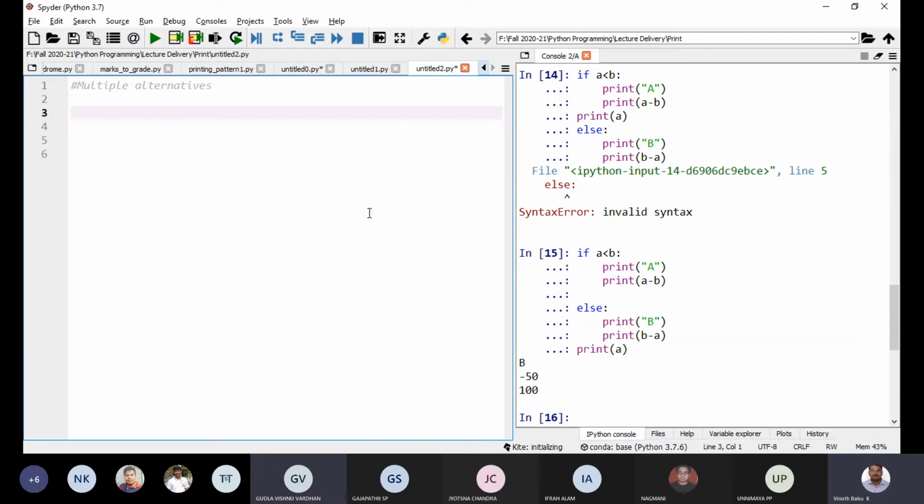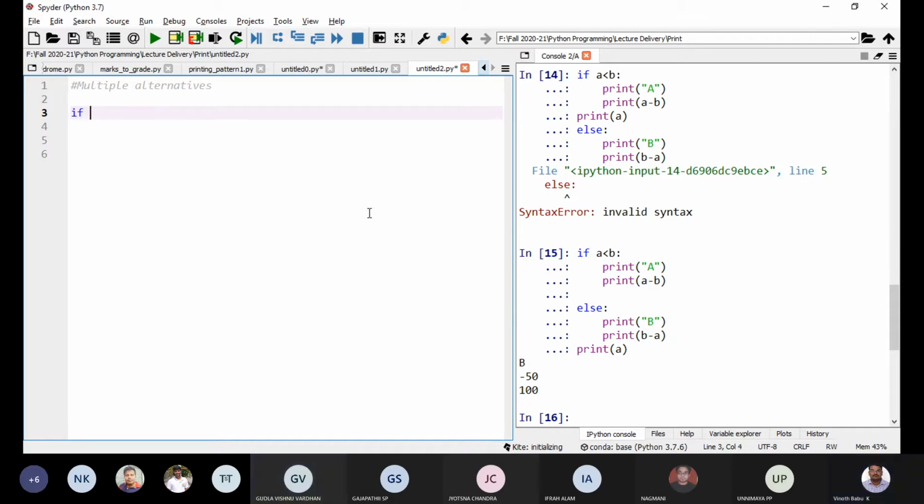I'm going to get input from the user, check in which category the input falls, and display the corresponding output. Let me write that input part. Finally, let me complete these if else statements.